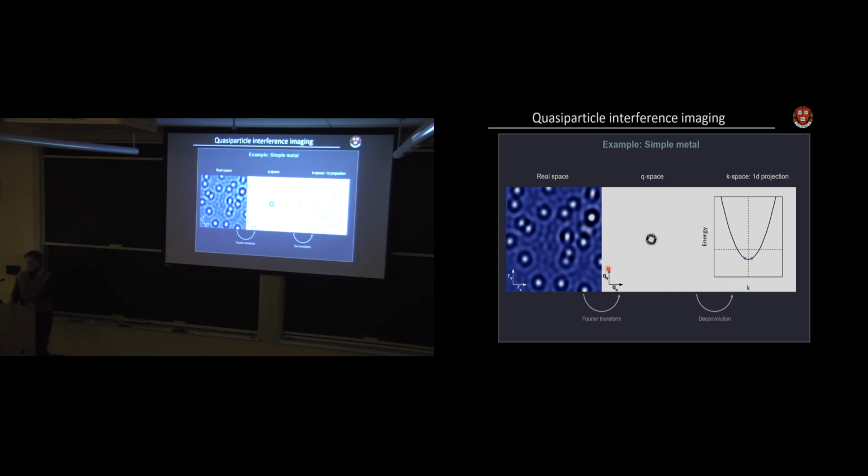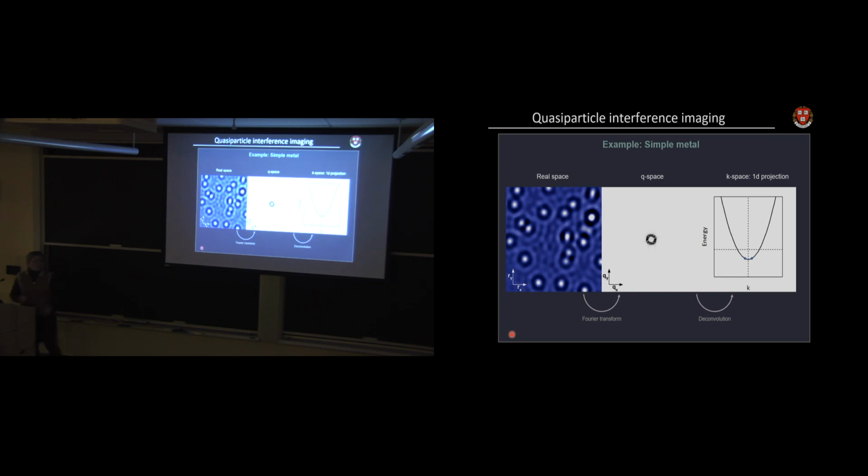So I'm going to play a little movie here where I go up in energy. So I'm going up in energy just by, theoretically, or in simulation land, applying an increasing voltage between the tip and the sample. So I'm going to move up this energy axis. And as I move up this energy axis, I expect the diameter to get larger, which means that my momentum space picture here, this ring of scattering, should get larger. Whereas in real space, the wavelength should get shorter. And so I can simulate it backwards, but then what we do in experiment is we measure the real space, we Fourier transform the real space, and we try to back out what were the original eigenstates to begin with.